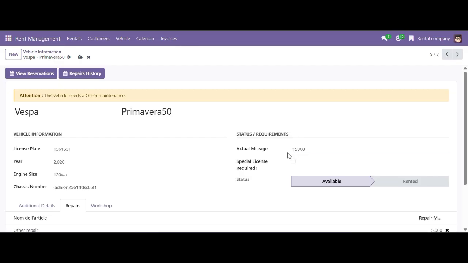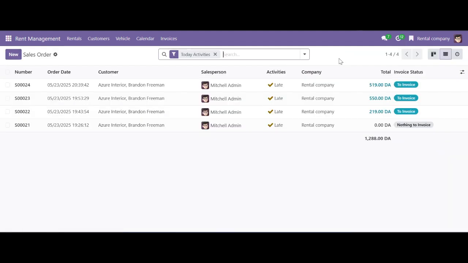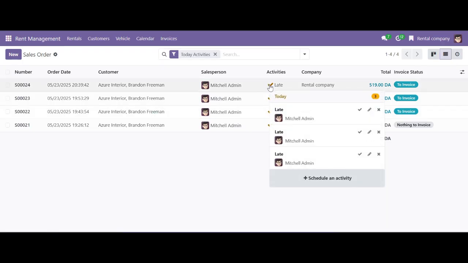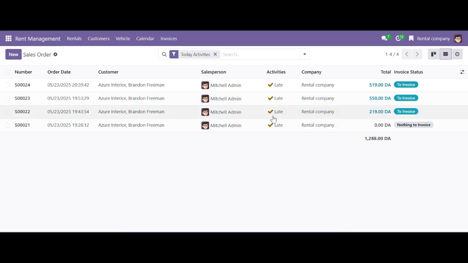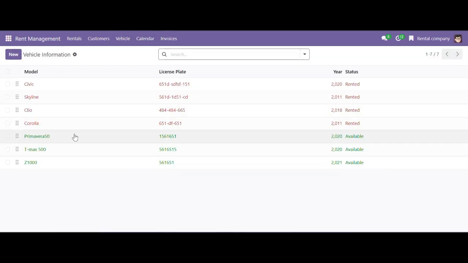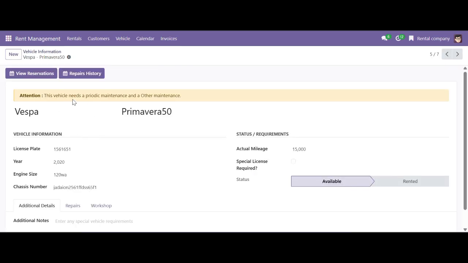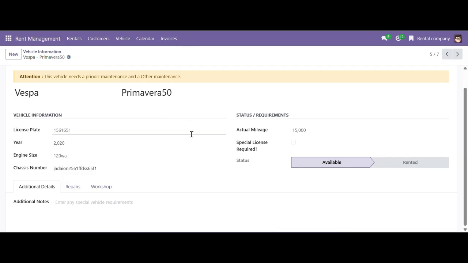Okay, let's keep it at 15,000. And you will also get a notification here. So I go here, I can find the notification about a repair. I don't think I've added it yet. It will be present in the next version. Yes, I will add it in the next version. I did not add it yet. So for the moment, the vehicle will show us this notification here, and what we need to do now, since we have the actual mileage and we need to repair,